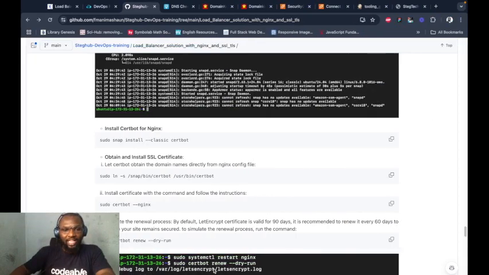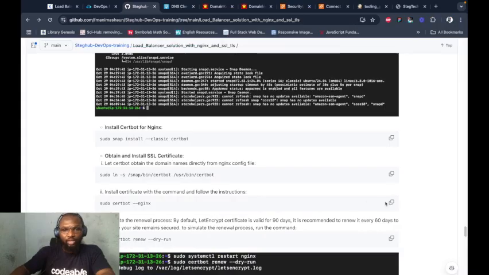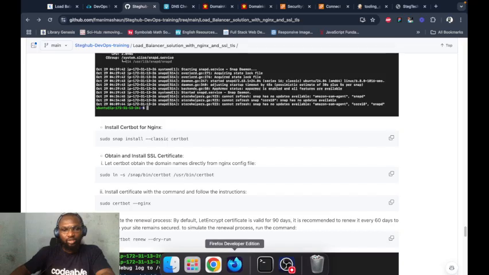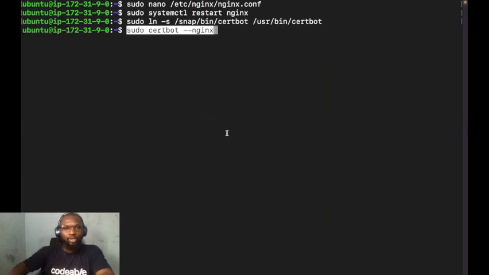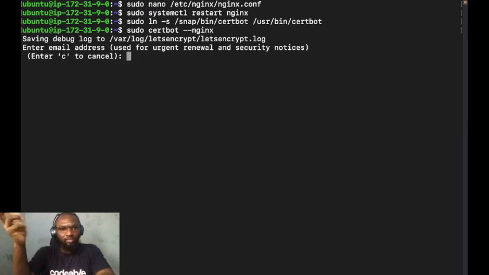Now this other command is how you install the certificate on the domain. So I paste it and press enter. It's going to fetch the domain. So you ask for my email, which is fine,